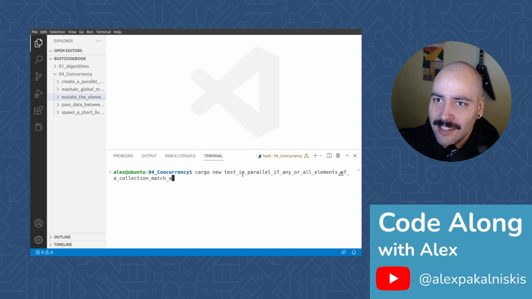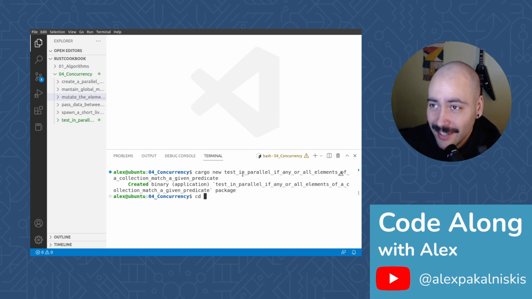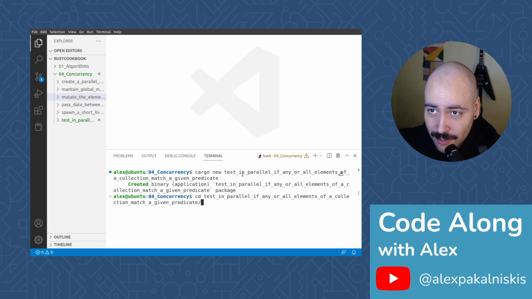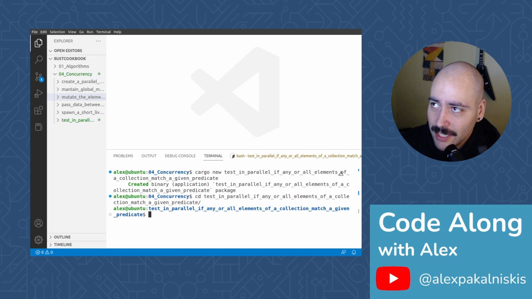match a given predicate. That's beefy. And then let's change into that directory. All right. So we're going to use rayon again today and demonstrate using rayon any and rayon all